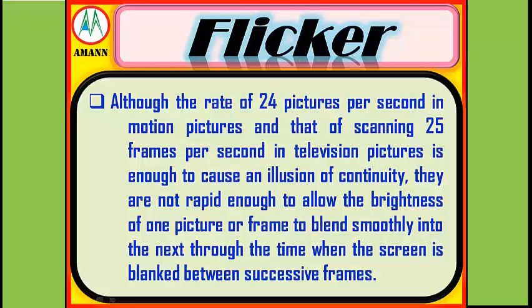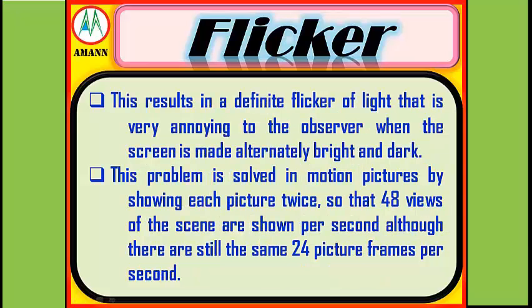Although the rate of 24 pictures per second in motion pictures and that of scanning 25 frames per second is enough to cause an illusion of continuity, they are not rapid enough to allow the brightness of one picture or frame to blend smoothly into the next through the time when the screen is blank between successive frames. This results in a definite flicker of light that is very annoying to the observer when the screen is made